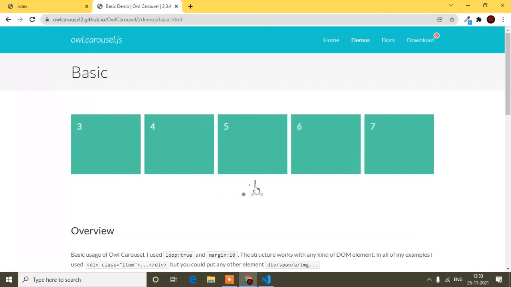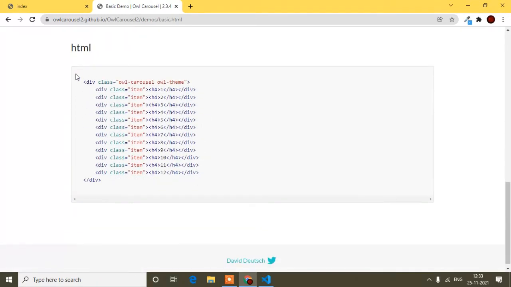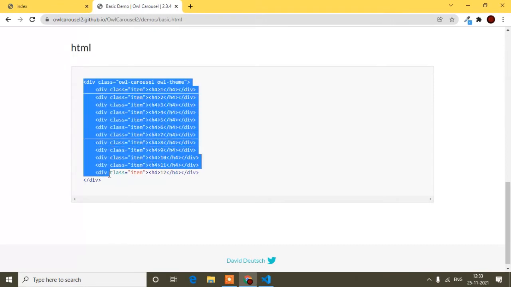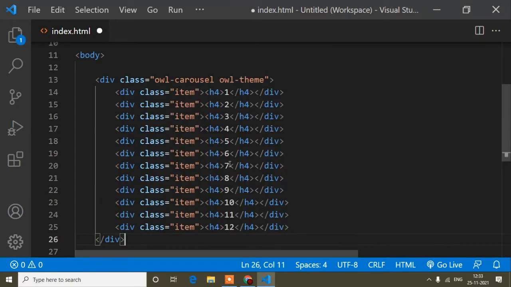So this kind of slider, if you want to implement, just scroll down, and here you will find the code. So first thing, I will copy the HTML part, and paste it here in the body tag, because HTML part we write inside the body tag.